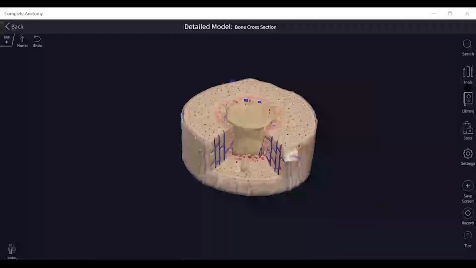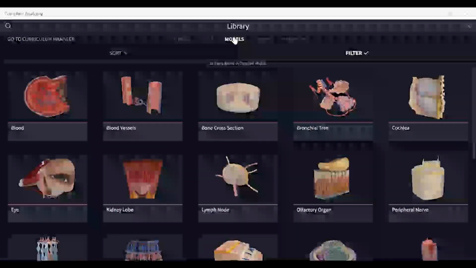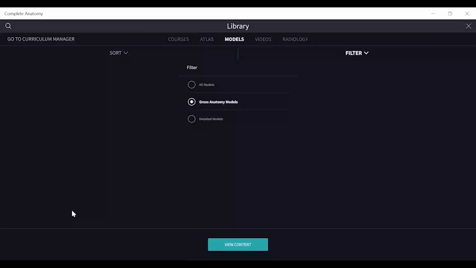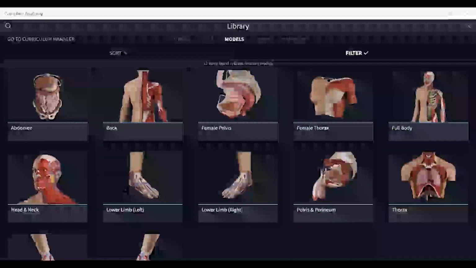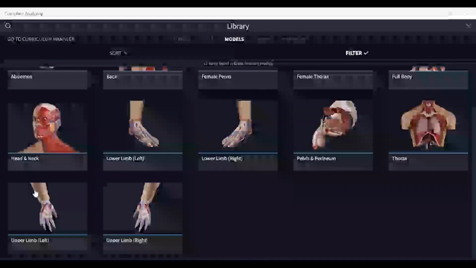This is the model. So if I go to the library here, I go to the gross anatomy models, then view content. So here now individual models are available. I'll just take this upper limb model.